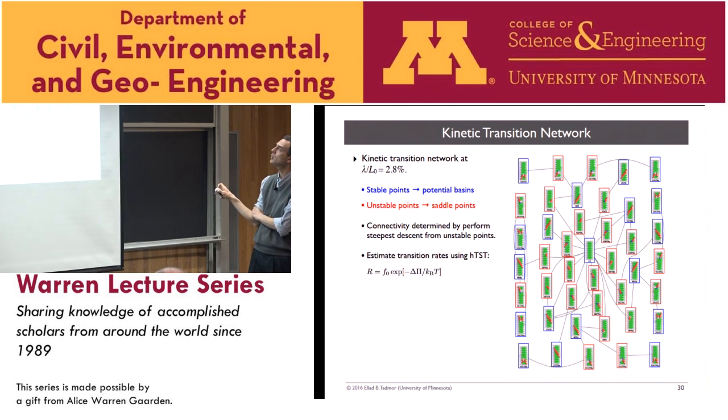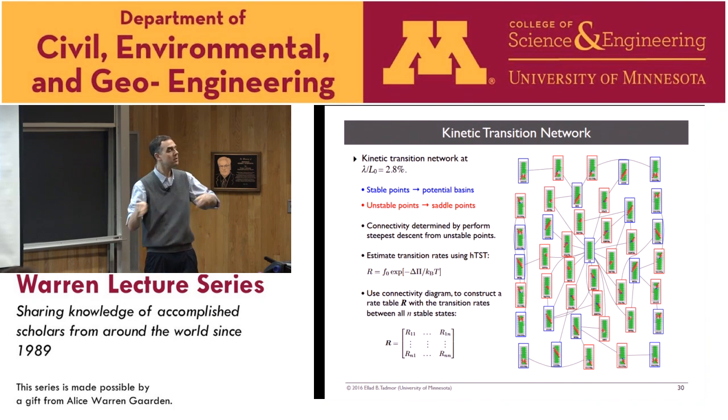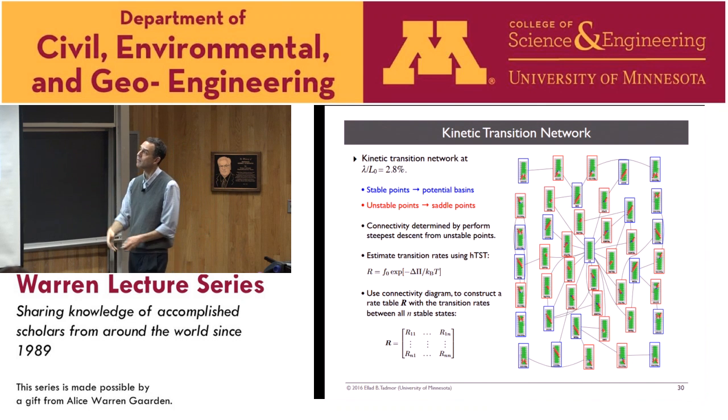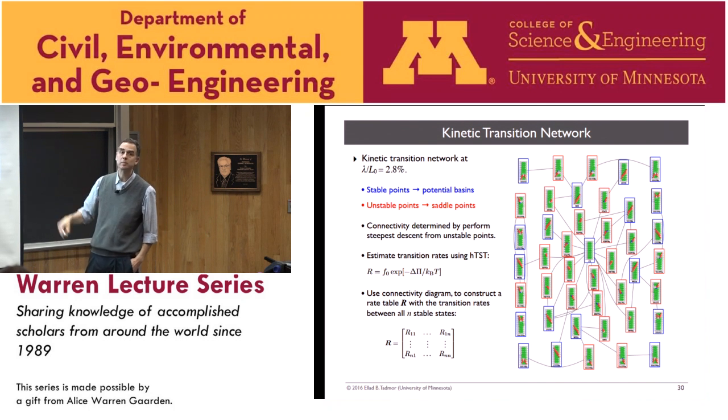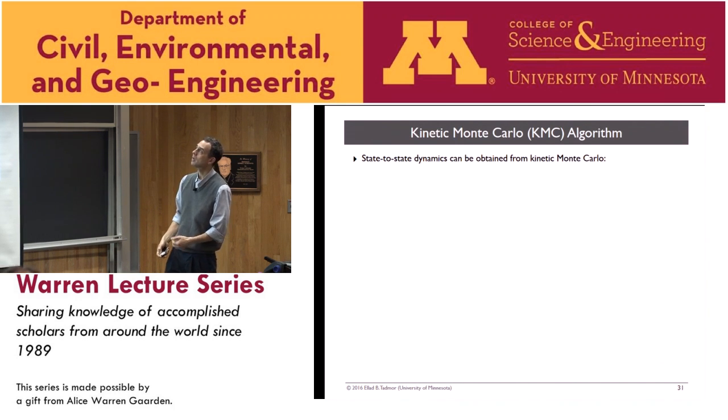We associate a rate with each of them from transition state theory. You probably recognize this type of rate expression. There's an attempt frequency and a probability of success. It's the standard type of expression. And so that would be the rate of going across the saddle to this point, and then we have another rate of going across to this one. You combine all these things together and you get a rate table. All the rates from one state to the other are characterized, and everything in this expression is computed from the atomistic model. We know the attempt frequency from the curvature at the basin, and we know the barriers, so we know everything. Okay, so then we can evolve the system using kinetic Monte Carlo, a stochastic method.